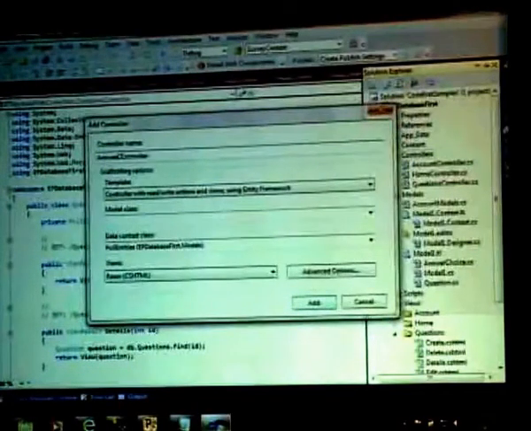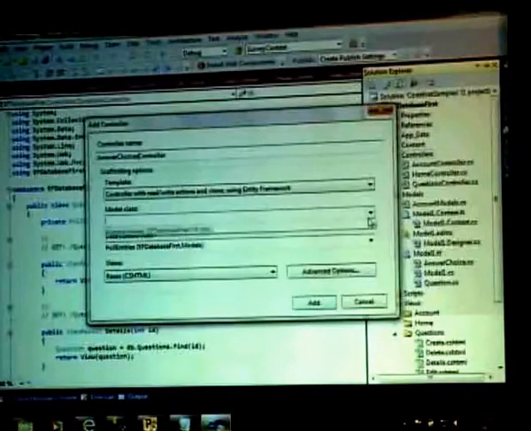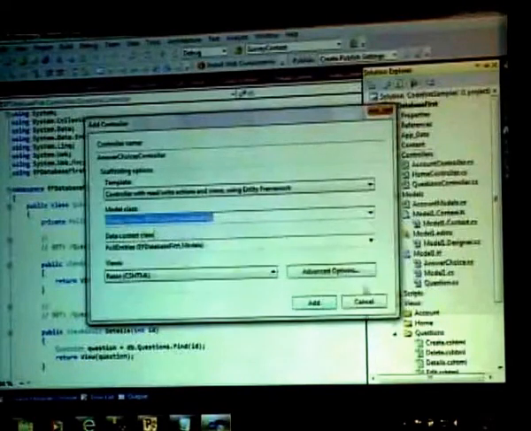Similarly, if I want to do it for answers, add controller, I want to give this a name answer choices. And this is going to be coming from the model class called answer choice. And it remembers the old entry called poll entities there, right? So that's the entity framework model for me. So when you work with entity framework, you require two things. You require a class which has the attributes like integer, value, all these things there, and also a context which will store this